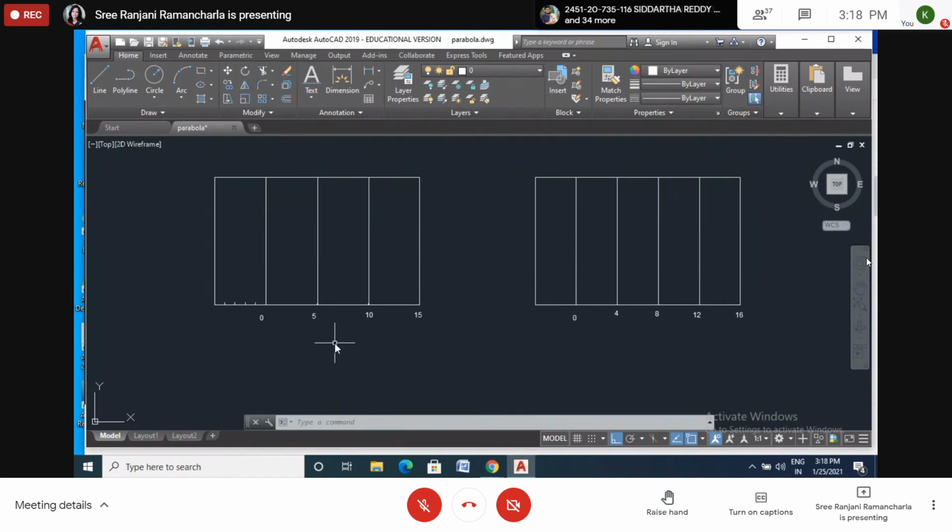Please. 0 to 15, what are the units? Centimeters. Yes, centimeters. Millimeters. 0 to 5 is 5 centimeters, 10 centimeters, centimeters. This part is also centimeters. Same here, this is also centimeters. Please write down, as rough notes now. This one is centimeters. Please all of you, centimeters. This one also is centimeters. And this one is millimeters. Please write millimeters.